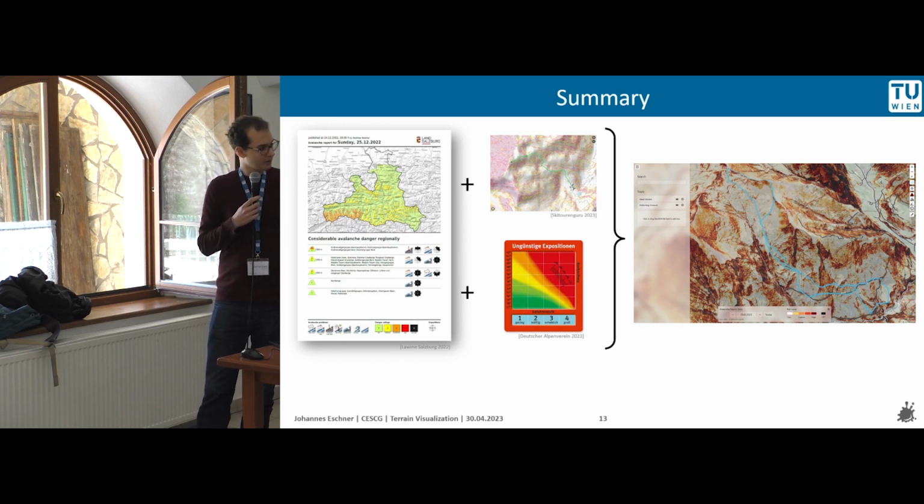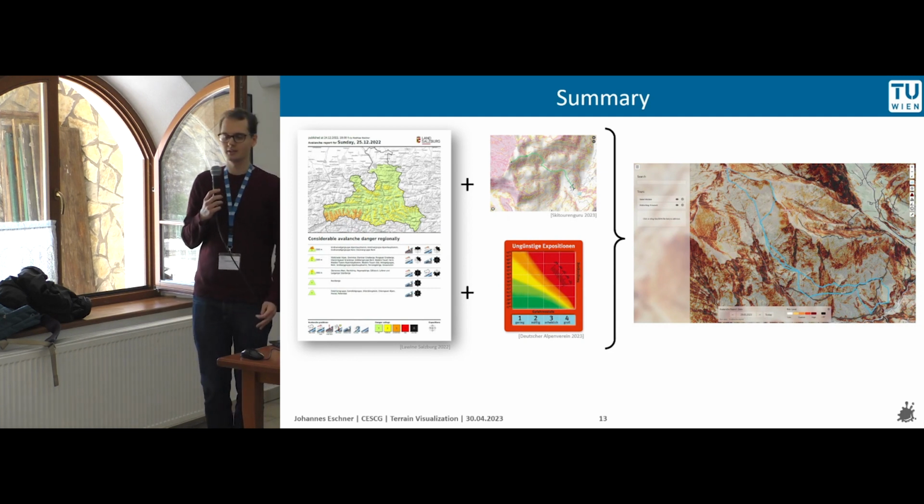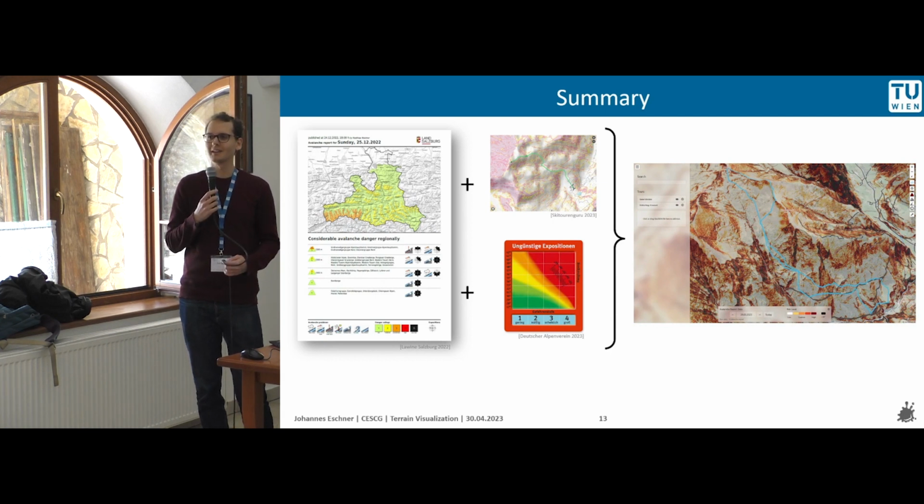And then I took terrain information such as the slope steepness, which of course also is available individually in some maps. And then I combined it with these risk evaluation methods, which also existed before, so I was not inventing new methods to calculate avalanche risk, because I'm not actually an expert in that. But what I did is I combined all this into a single visualization, which can hopefully help recreationists to do more